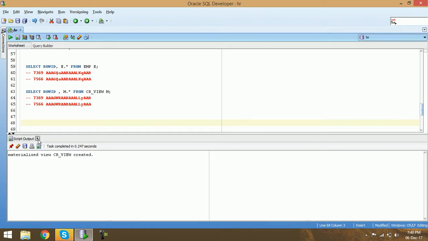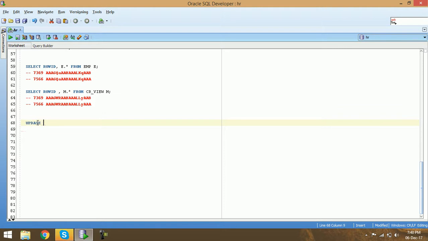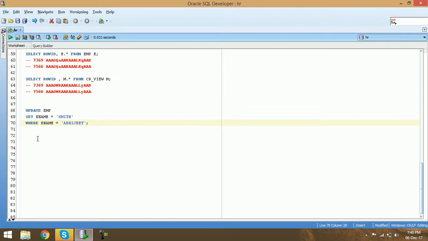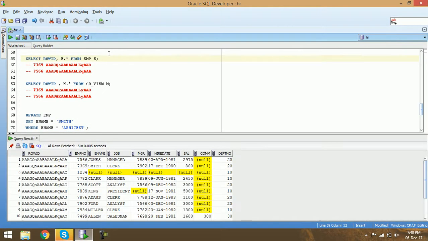Now we are going to update the base table. Update EMP set name equals to Abhijit where name equals to Smith. One row is updated. Now we are going to check: in the base table the row ID is the same. And now in the materialized view,